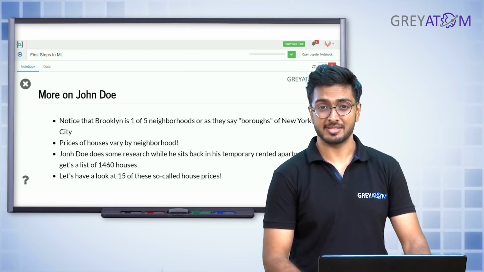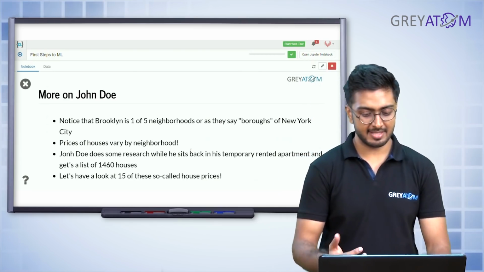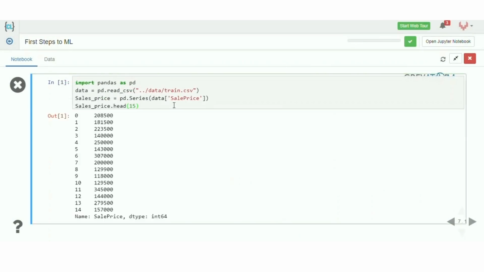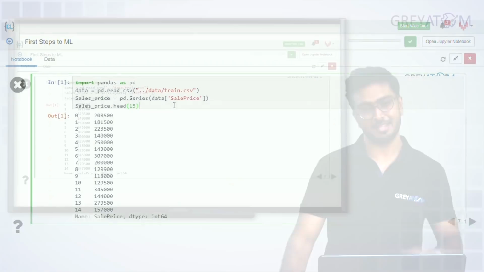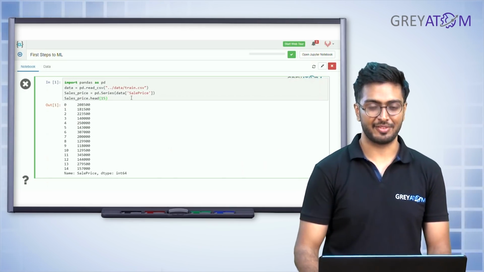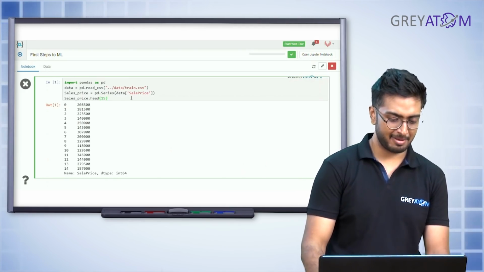That's quite a lot of houses, huh? 1,500 houses. So now let's have a look at 15 of these so-called houses, right? So what we are doing is John Doe has collected this New York database of houses. I don't know, John Doe seems like a very dicey guy. I really do trust him, but somehow he has come up with 1,500 examples. They're looking at the top 15 of them, and we see the prices, and the prices look